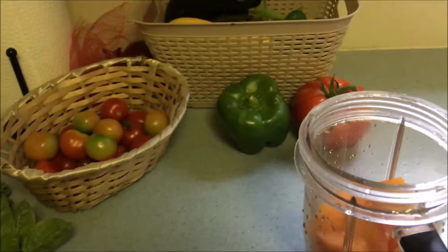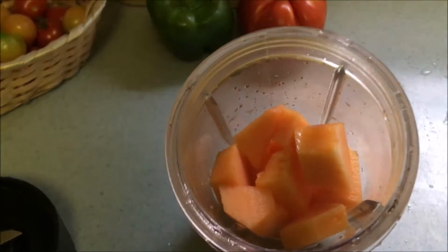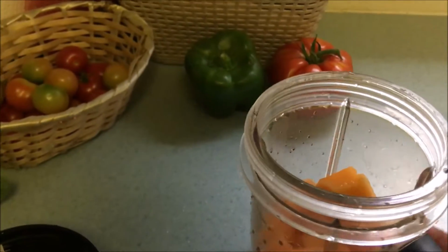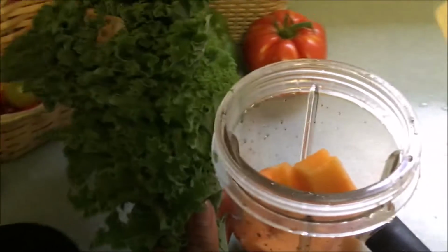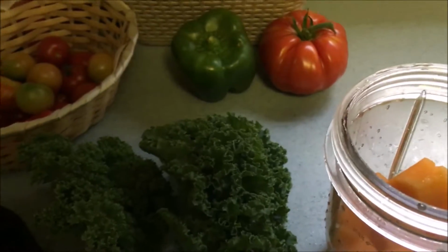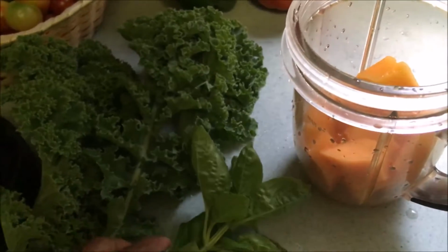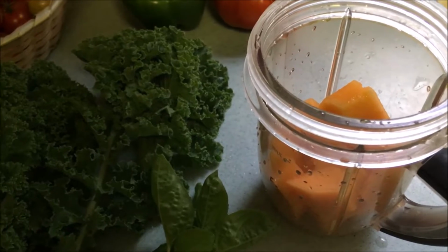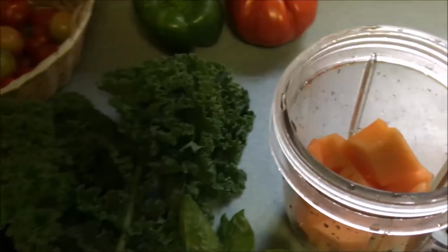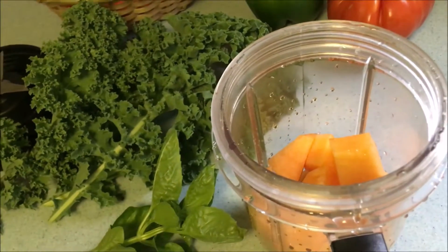completely. So what I've done is I've cut up some cantaloupe and put it in the Nutribullet container, and I'm going to dice up this kale, and I'm also going to put in some basil. For some reason I just love the flavor and taste of basil. I'm going to add it with the cantaloupe, and the cantaloupe will add sweetness. I'm also going to add a banana into the mix just to give it a little bit more thickness and